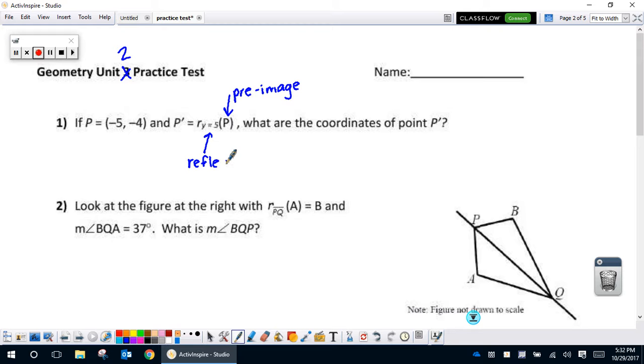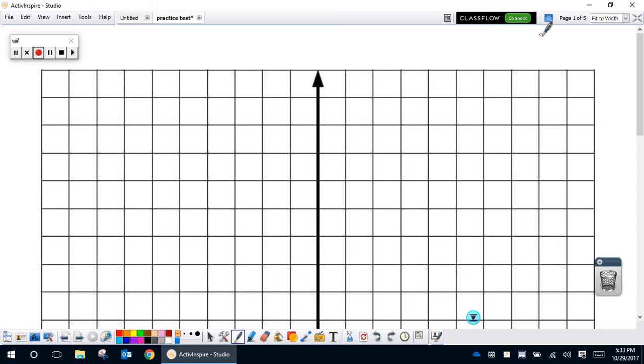And we do not have a rule for that, so my suggestion is you graph it. And then P prime is going to be the image. Alright, so what I would do is either sketch a graph, use graph paper, or use the whiteboard graphs that I've provided. You want to plot your original point,